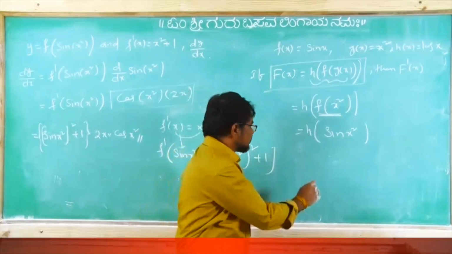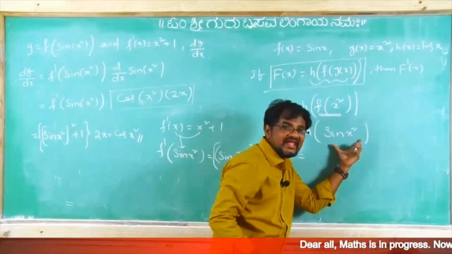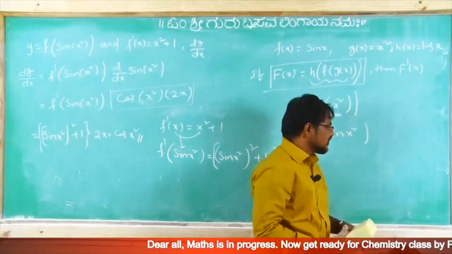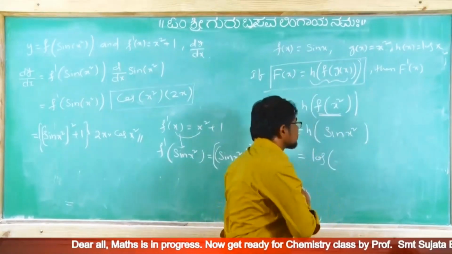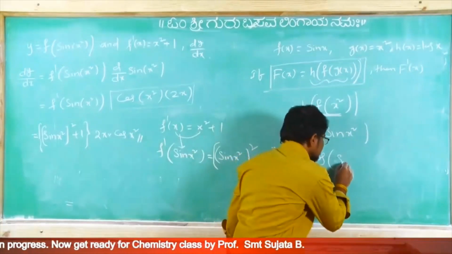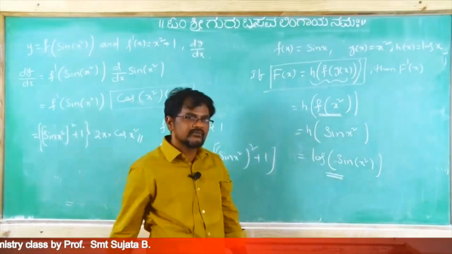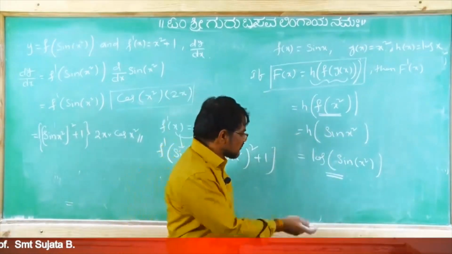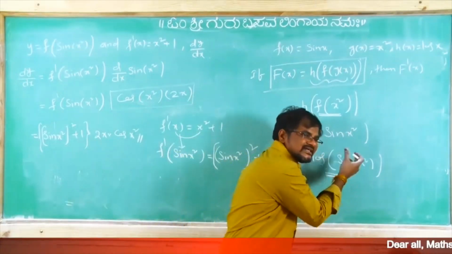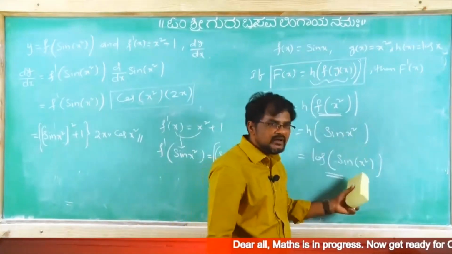Now that is equal to, again, h of x form. But what is h of x? Log x. Now log of, in place of x, what do we have to substitute? Sin x square. Log of sin of x square. Now observe, it is looking like a composite function only, or not. First what we have to differentiate? Log x. Again the differentiation of sin. Again the differentiation of x square. You can do this problem now.